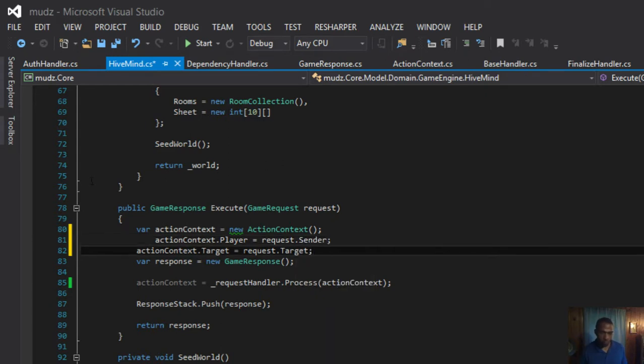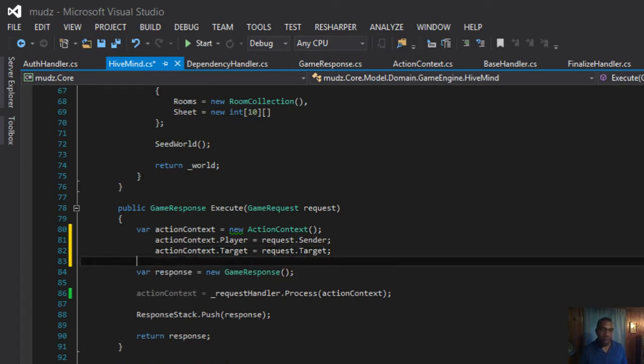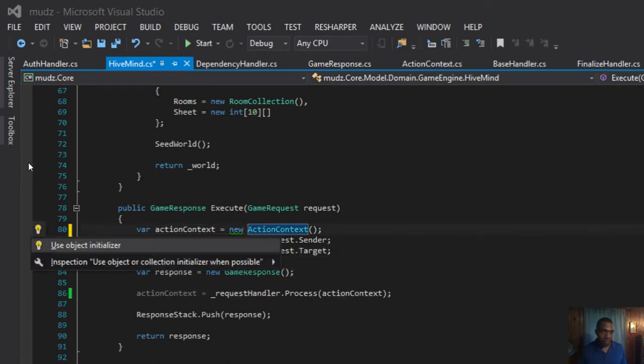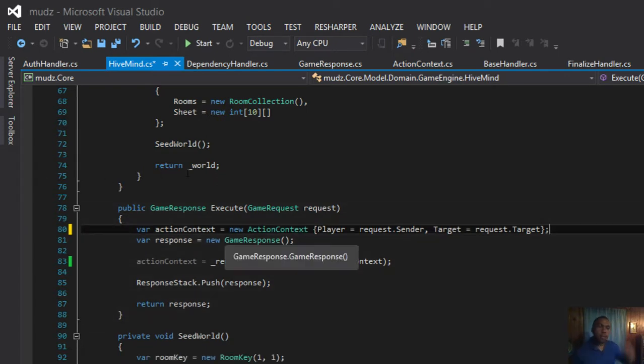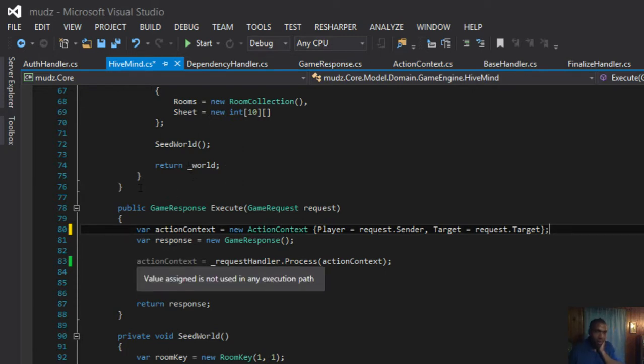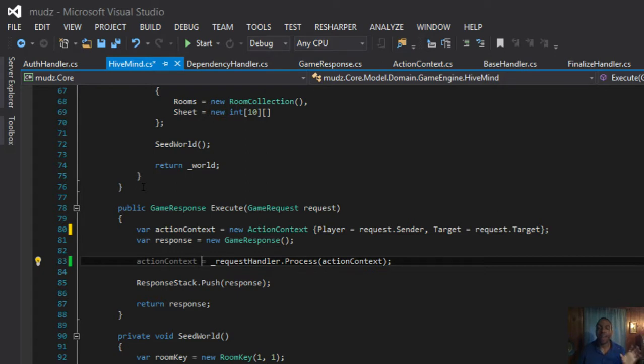It does feel better. Okay, now ReSharper wants to do an object initializer. I think we use it enough to really be able to see its worth. Okay, so now our hive mind is super lean. All it's doing is a request comes in, we create a new action context for that, then we create a new game response to be used later, and then now that we get our action context back from our chain of responsibility,